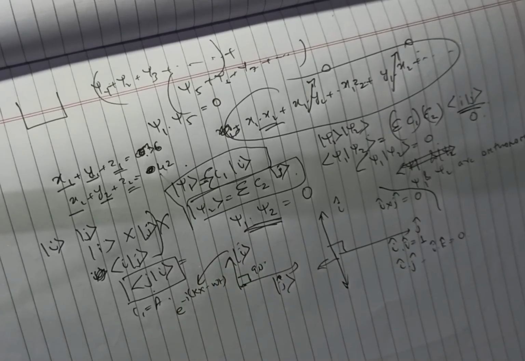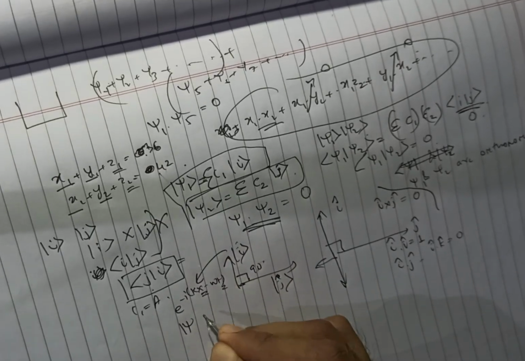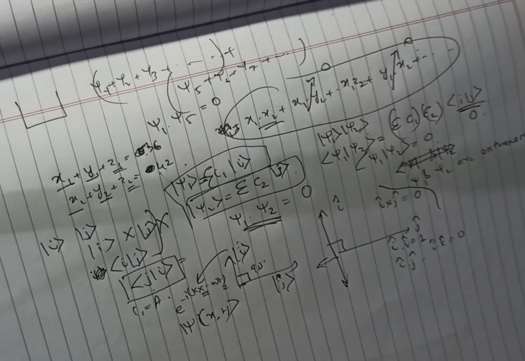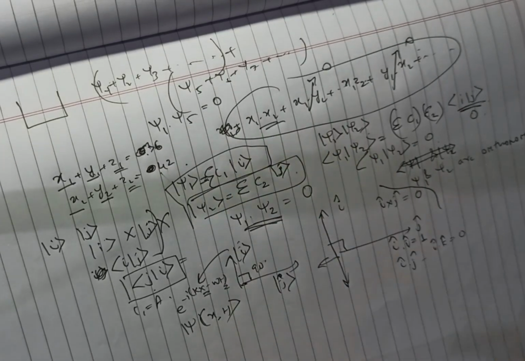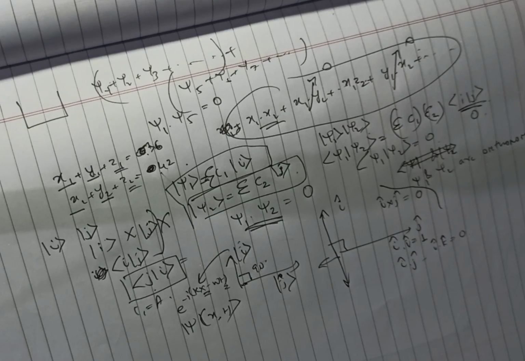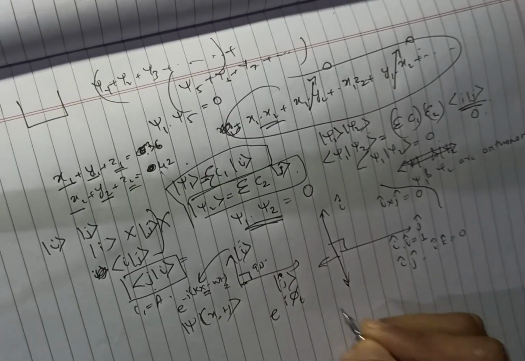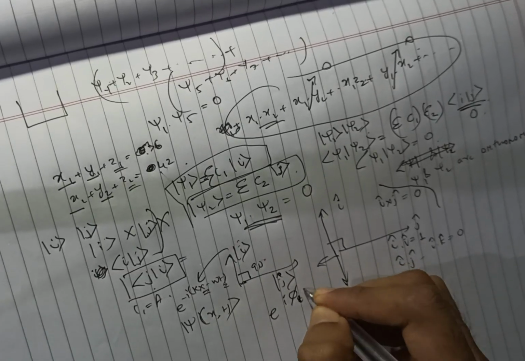Now the net psi cap is a vector psi of x of t, because we have x and t here, so the dependence comes upon x and t. Each complex coefficient is like the mod of c_i times e to the power i phi t. Because c_i is complex, that's maybe why you wrote it like this: e to the power i phi t. This is a whole another concept, phi of t.